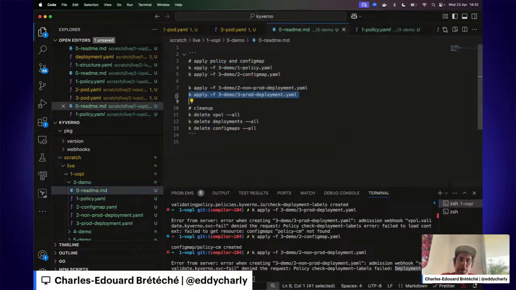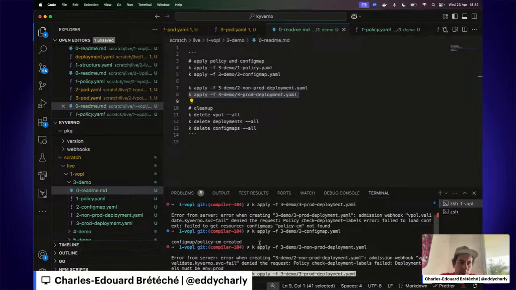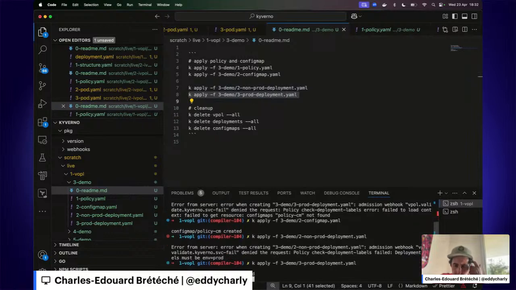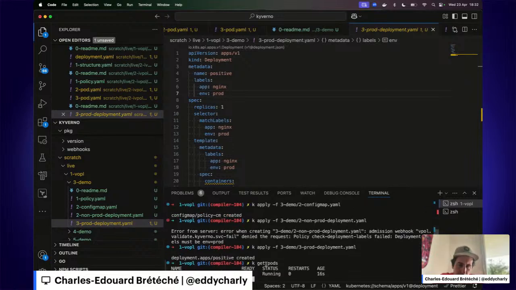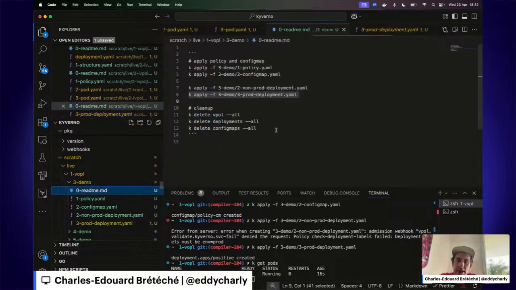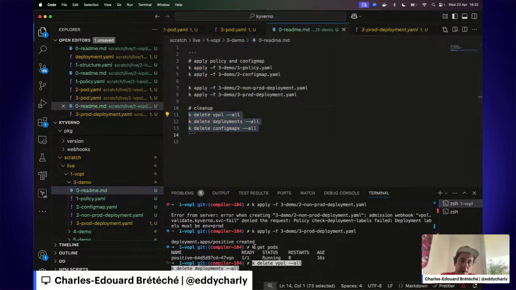And finally, this time, deploying a prod deployment, with the correct label, works as expected. So the deployment was created, and we can check that pods are running, and they are running. So that's the way context works.